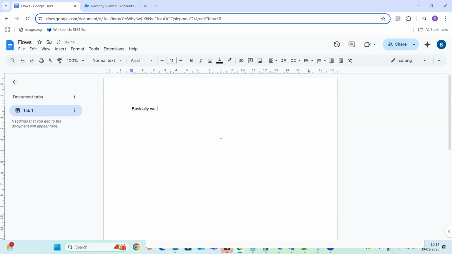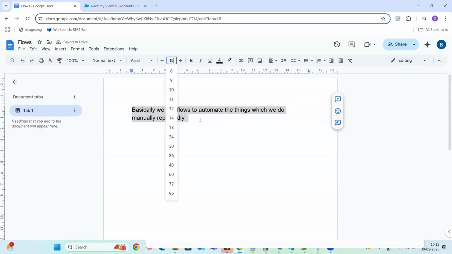We use flows to automate the things which we do manually and repeatedly. There are some actions that we have to do repeatedly with manual interaction, and those are the stuff we always want to automate, guys. And to automate that, we use flows.